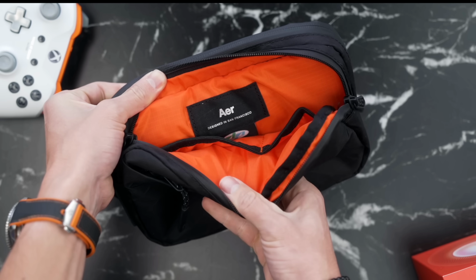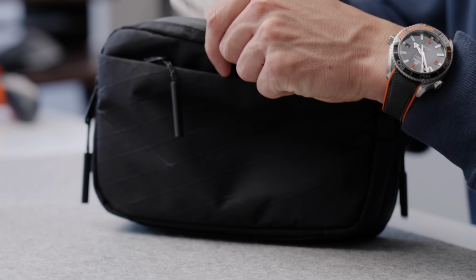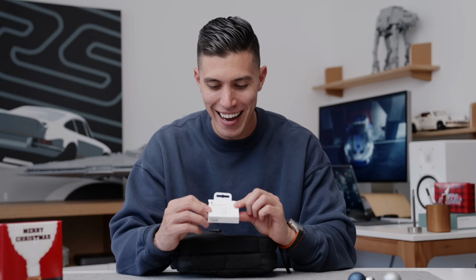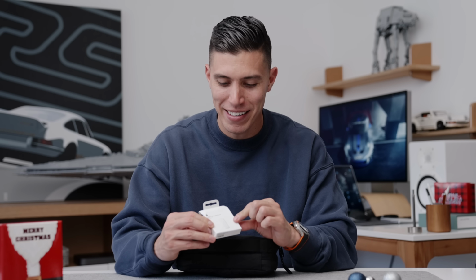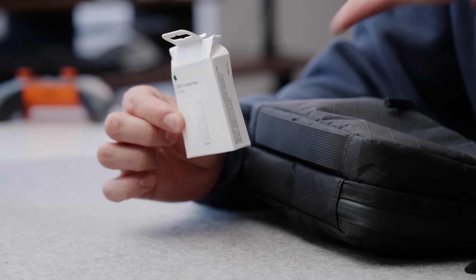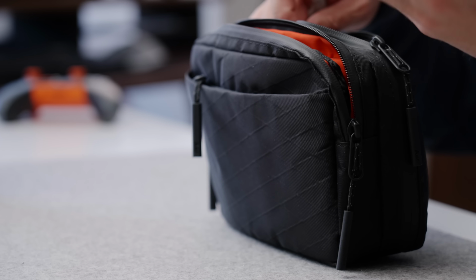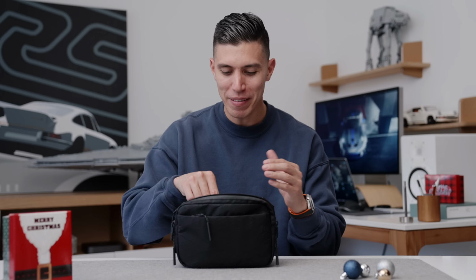And you can see maybe why I'm a big fan of it. It has the orange lining on the inside. And as an example, inside I have my little USB-C to lightning adapter. I got this with the latest iPad, so I didn't want this to just be floating around in my backpack somewhere. I just kind of stick that inside with other accessories, like I'll throw this case, I'll throw my phone over. Putting things like SD cards, which always get lost in backpacks or when you travel,